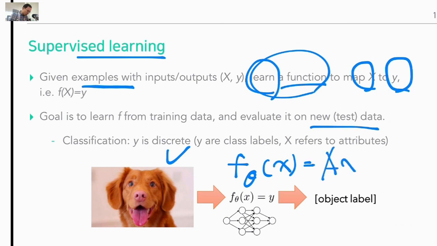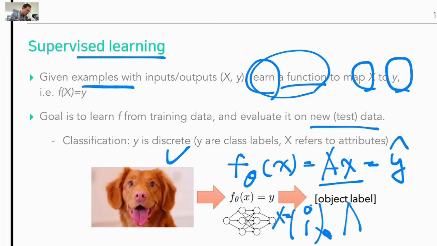Maybe we can imagine this linear classifier. For example, the x can have two float values, for example, 0 or 1. This is a feature vector, right? The 0 represents maybe the count of the black pixels or the count of the red pixels. And we multiply some